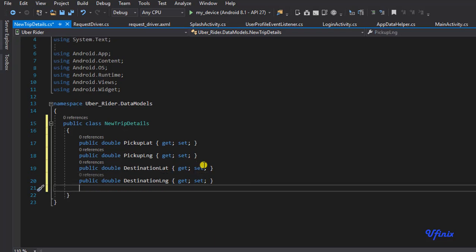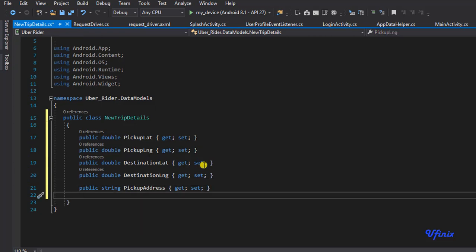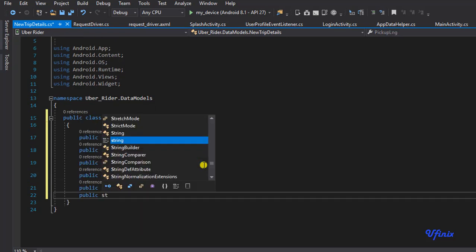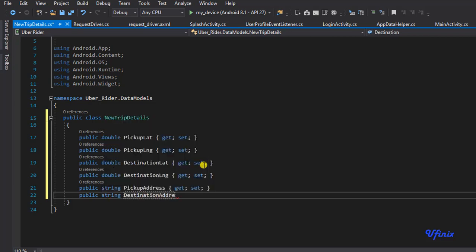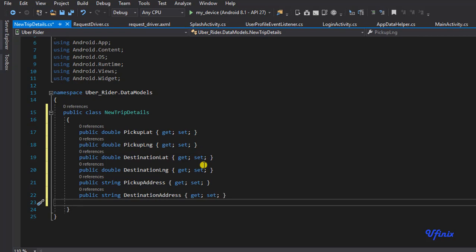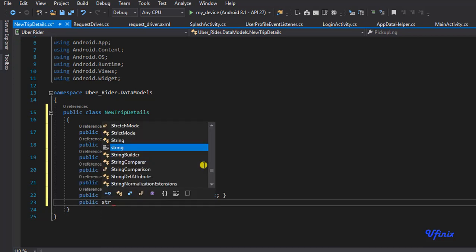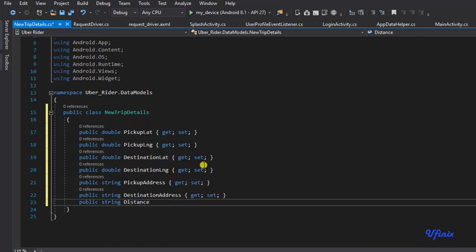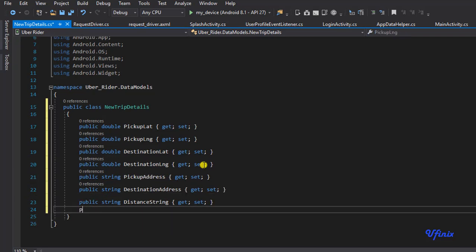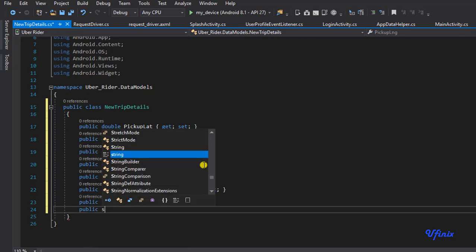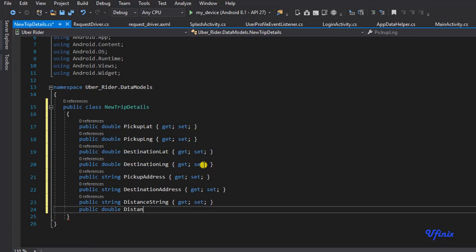So the next one will be pickup address. So I'm going to say public string PickupAddress, get set. So the next one, you guessed, will be destination address. So public string DestinationAddress, get set. So the next will be our distance value and string. All right. So we're going to have public string DistanceString get set. So the next one will be public double DistanceValue